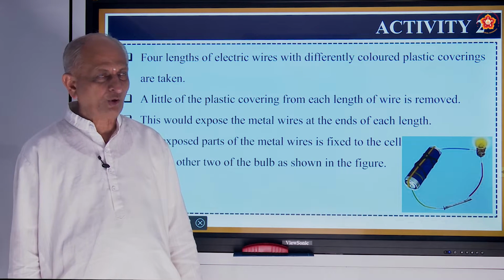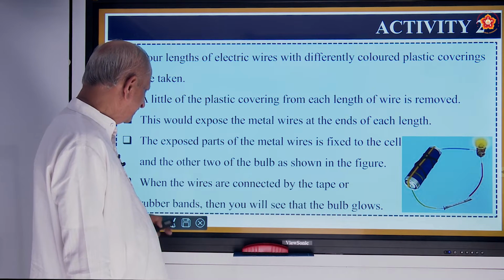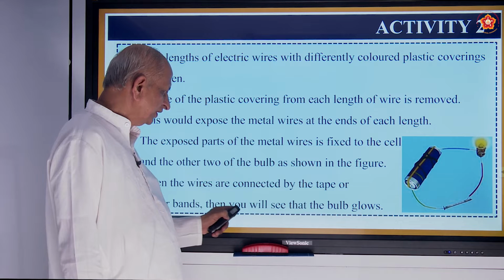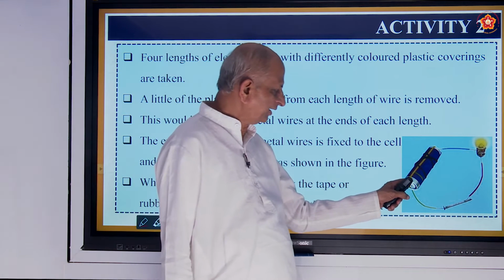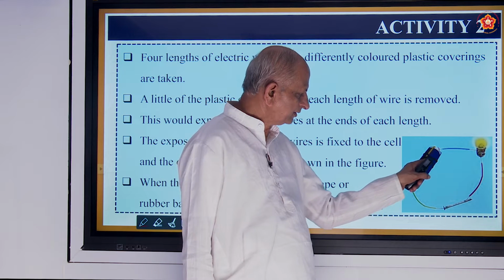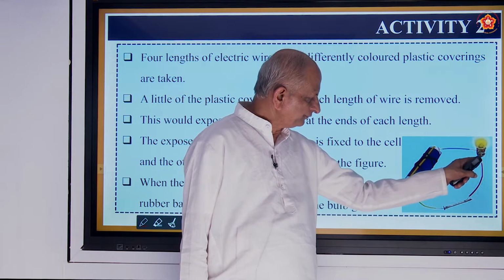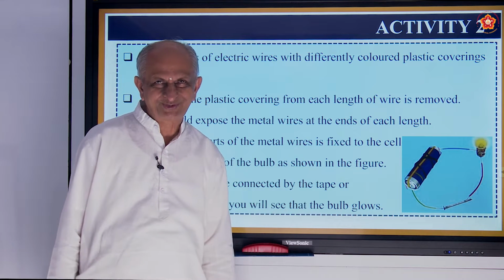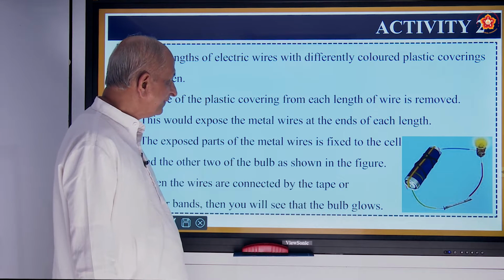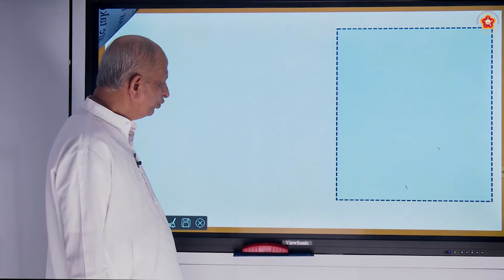Correct? What does it show? It shows that metals are good conductors of electricity. When the wires are connected by the tape or rubber band, then you will see the bulb glows. So these are connected by tape here, insulation tape here, and say rubber bands here. So here also tape should be there. Then you find that the bulb glows. There should not be any disconnection. This is very important. So what does this experiment show? This experiment or activity shows that metals are good conductors of